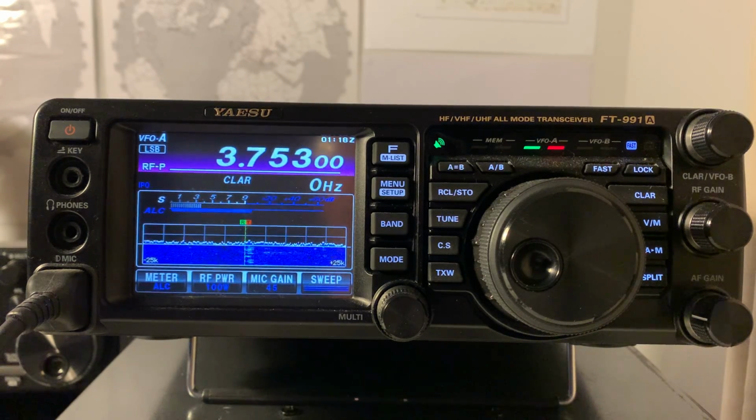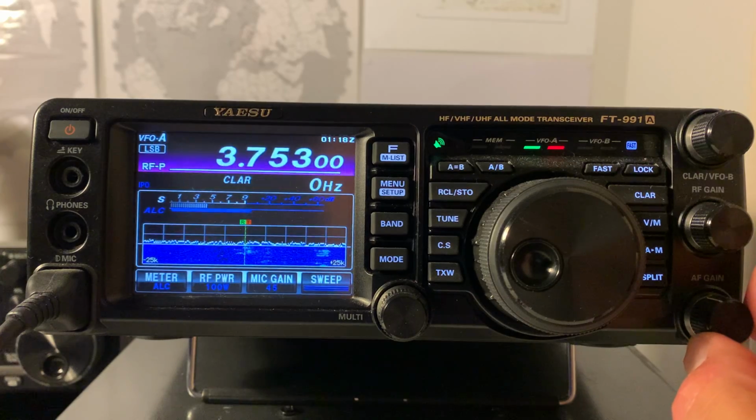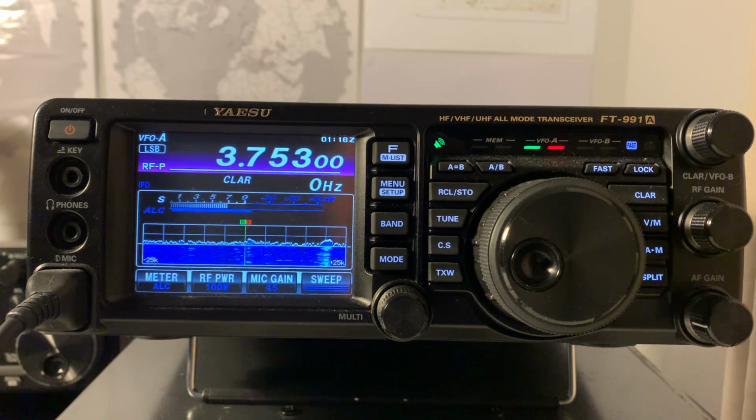that it has a spectrum scope, an automatic spectrum scope, not one that needs to be manually triggered by pressing sweep, and a real-time waterfall, of course, as well. Whereas the 991, you had a spectrum scope, but you had to manually trigger it. So now, obviously, looking at the spectrum scope in real time, as I listen to an amateur on 80 meters. Apart from the real-time spectrum scope and waterfall, I can't find any differences at all between this radio, the A